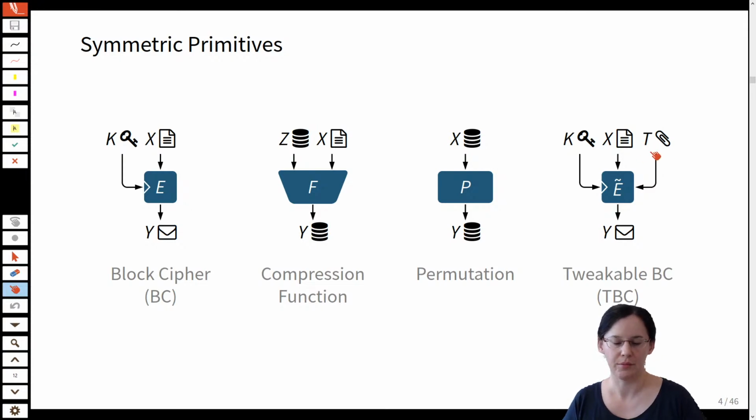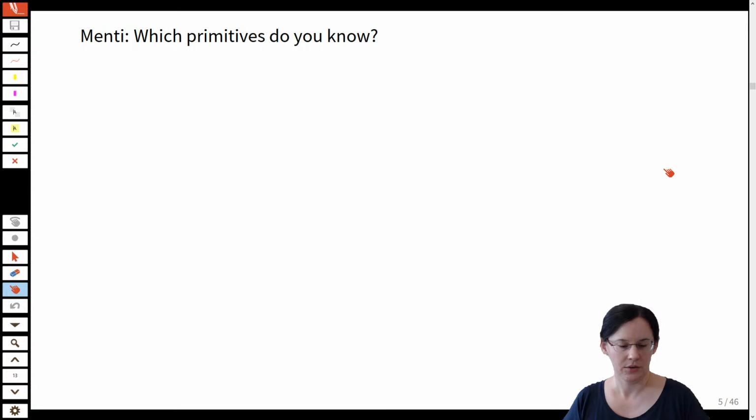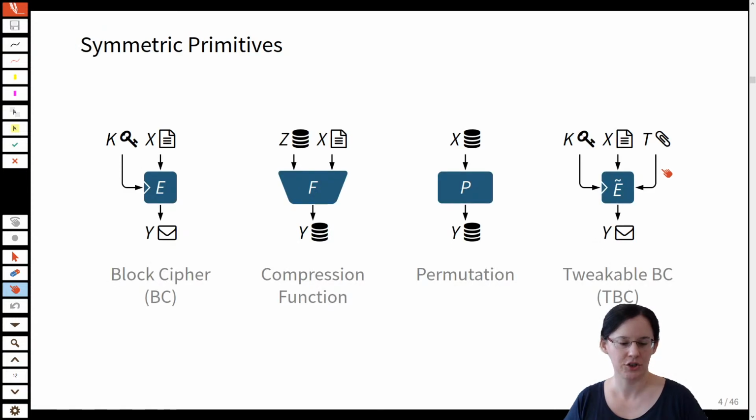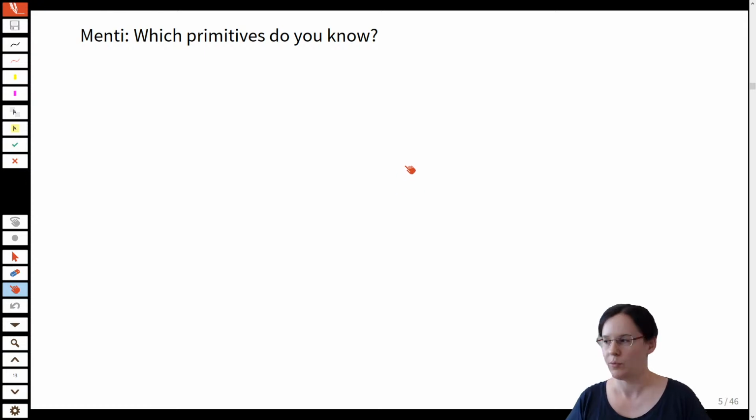So this is a sort of modifier that tries to bring the context into the block cipher translation mechanism. So now I explained which types of primitives there are, but I would actually be interested in which specific primitives, besides, for example, the AES, you already know, which is why I've opened a little poll here,